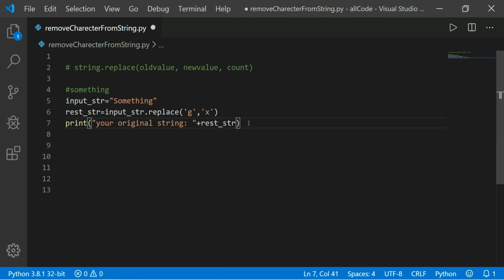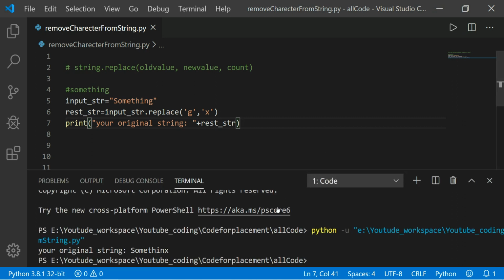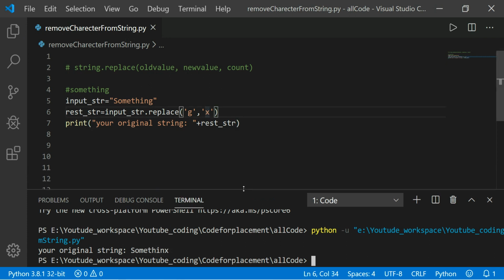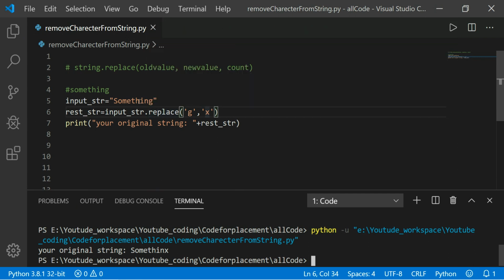Now save and run it. Now see the output: G is replaced with X. Okay, so now the program is done, completed, but let's see another example.